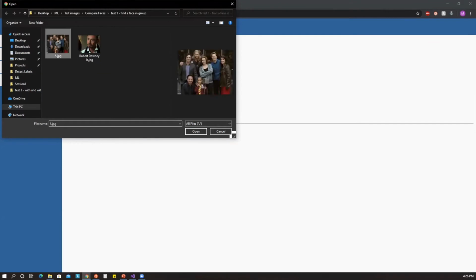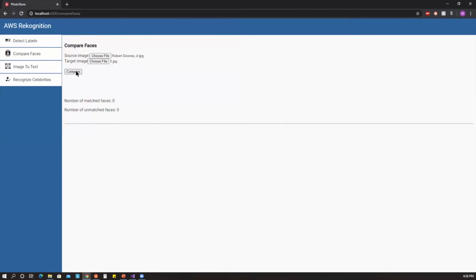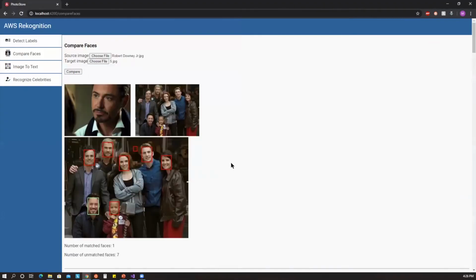So here I have Robert Jr. and a group of other members of the cast, and you will see it was able to identify him despite the fact that the lighting is different. Here it's a little bit brighter, and also the face angle is different. If you ever worked with OpenCV,